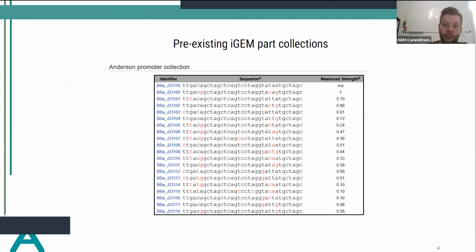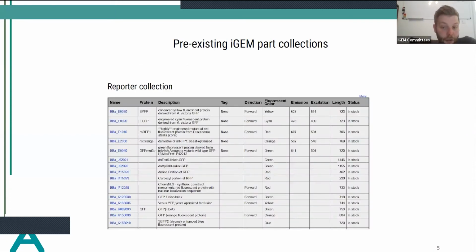One is the relative standard, and all the numbers below are related to that one. And you have that for promoters, the Anderson promoters, then there's the RBS collection, the Anderson RBS, and also another RBS collection. There's a collection of already existing reporters on iGEM, and usually you could find them, of course, in